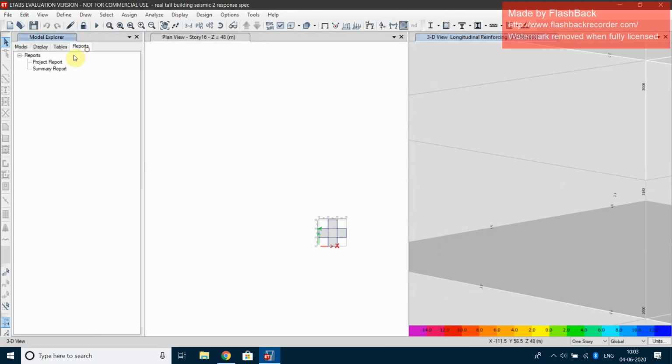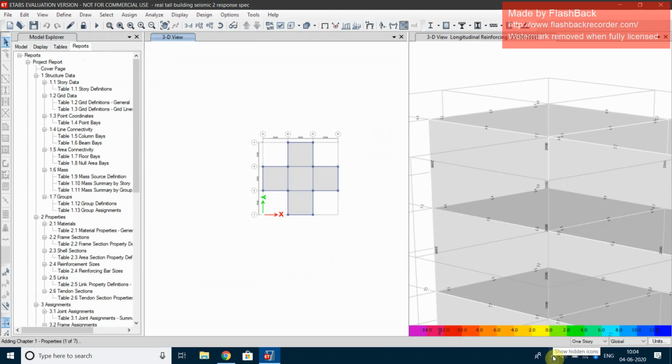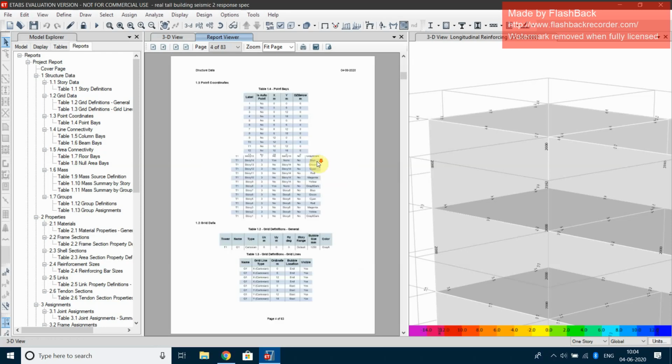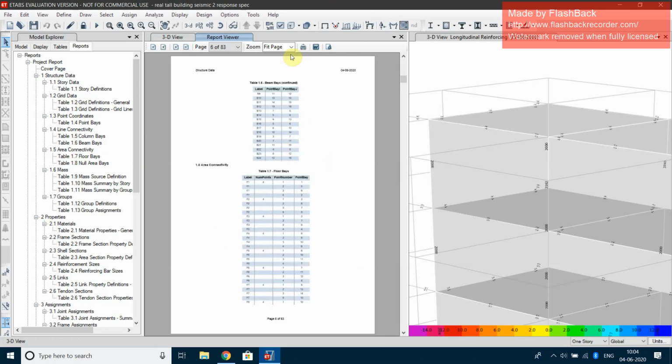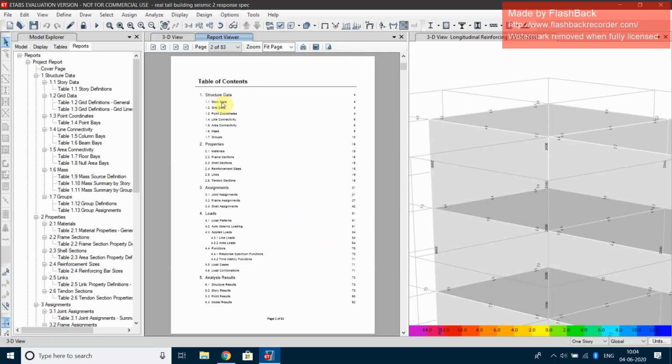We go to reports, and a project report is generated, and we can see all the important functions. We can also export this file to Word. We can also regenerate the report if we want, and in this we get all the things, that is story data, grid data, point coordinates.